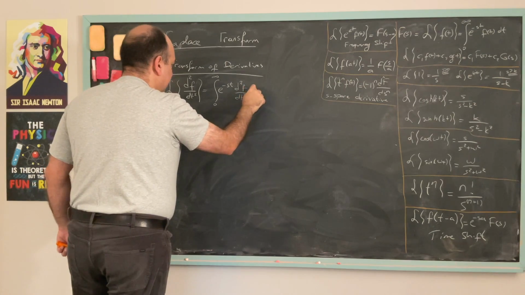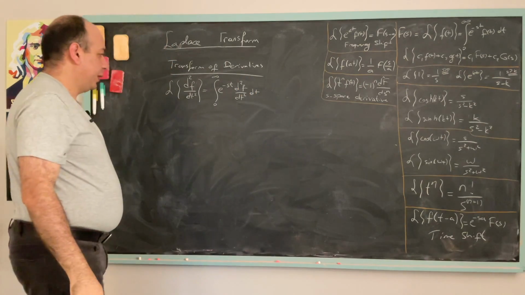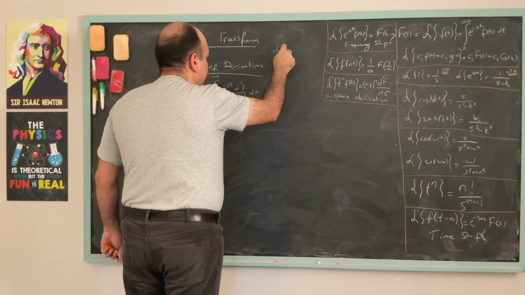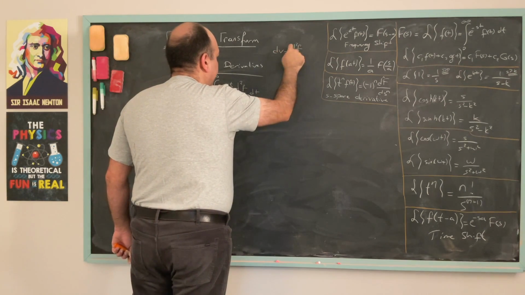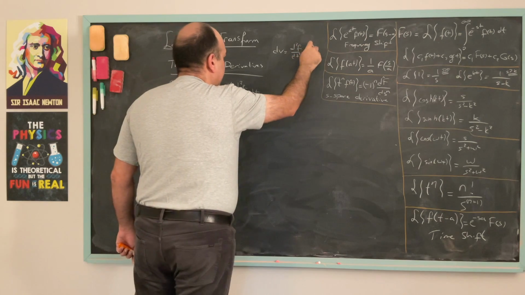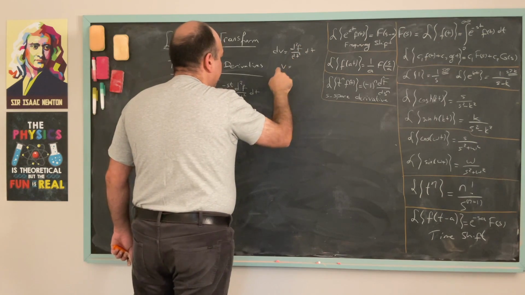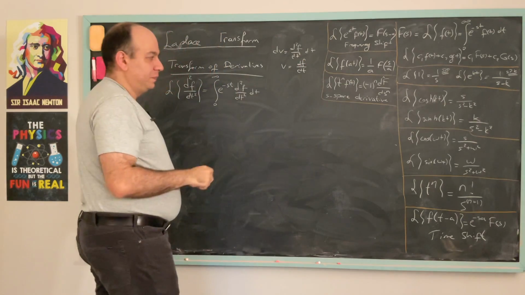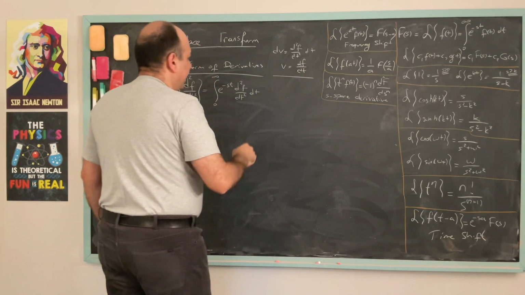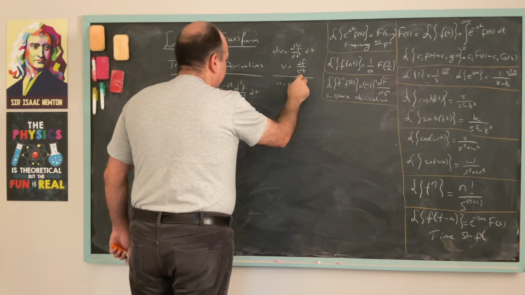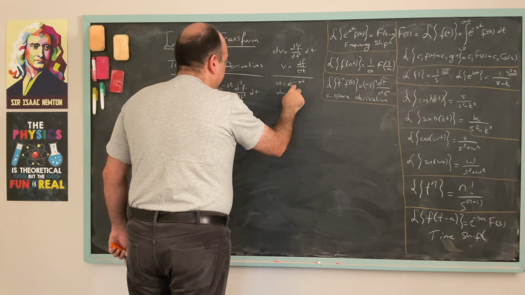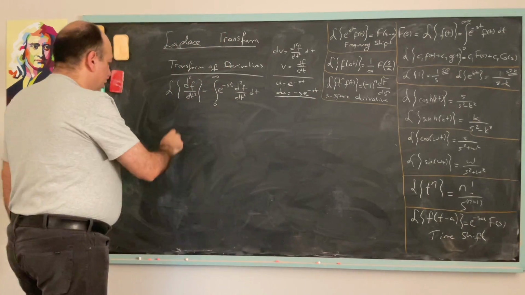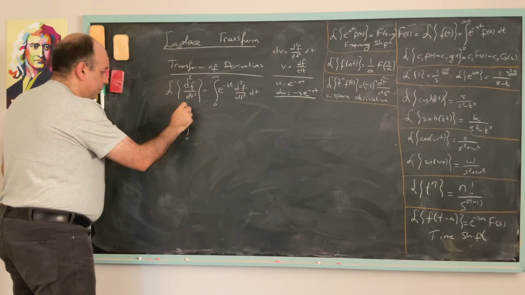T square dt. Okay. So here dv is going to be equal to d square f over dt square dt. So v becomes df over dt, right? Good. And then u becomes again e to the minus st. du is equal to minus s e to the minus st. Good. So this integral becomes from 0 to